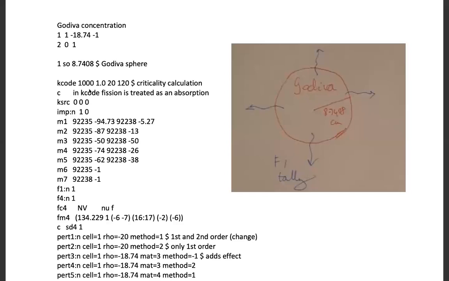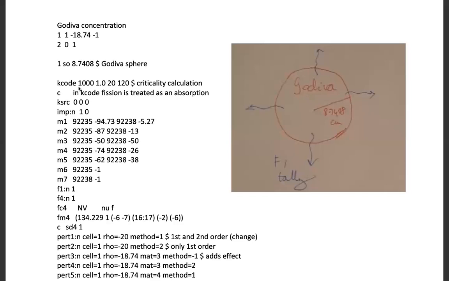So here we take a very special kind of source, which is the KSRC source, which begins source neutrons at the origin: X is 0, Y is 0, Z is 0. Its energy is sampled from a Watt fission spectrum. And the parameters, the options that I'm specifying with the KCODE